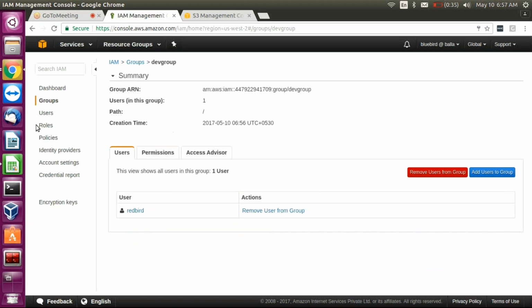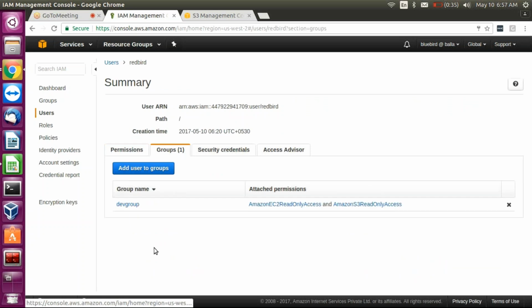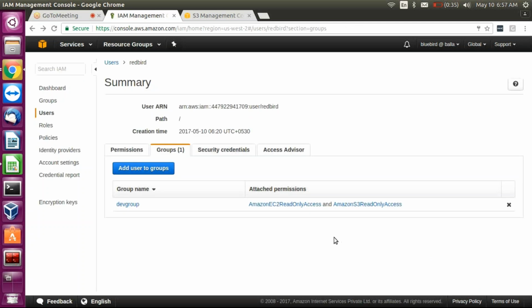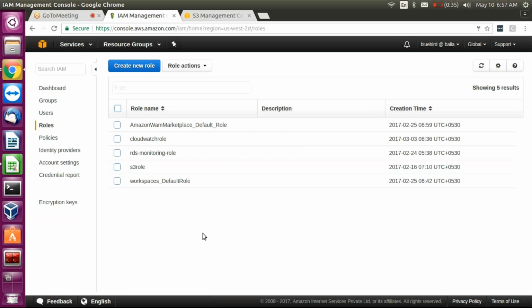How you attach it to a group or user as well as user. You can attach the groups to that particular user. Okay. So remember that, attach it to a particular user, attach it to his account. Role is also nothing but, I'll explain,